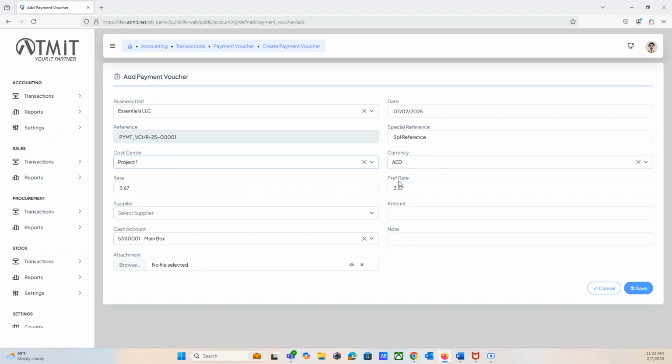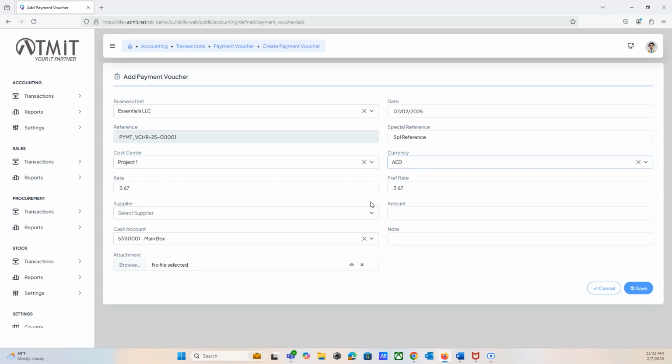Currency field is auto-filled based on the business unit selected, which is configured in the Settings menu. This currency can be changed during the transaction. Rate field will fetch the rate according to the currency selected, and it is always against the basic currency. Rates can be changed during the transaction. User can edit the preferred rate field if needed, else the rate configured in the settings against the basic currency will